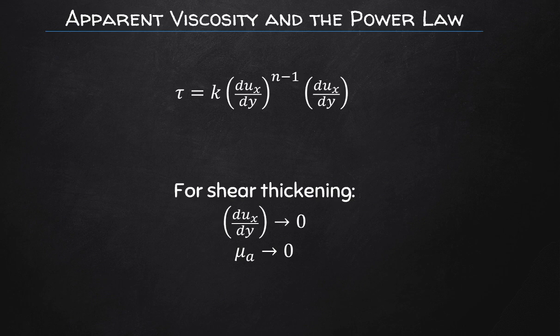Now, in the case of shear thickening characteristics of fluids, the viscosity tends to approach zero as the shear rate approaches zero, while viscosity will approach infinity with the shear rate also approaching infinity. Okay, so two opposite responses, and I think the most important take home for this particular module is with this equation. If ever you need to describe